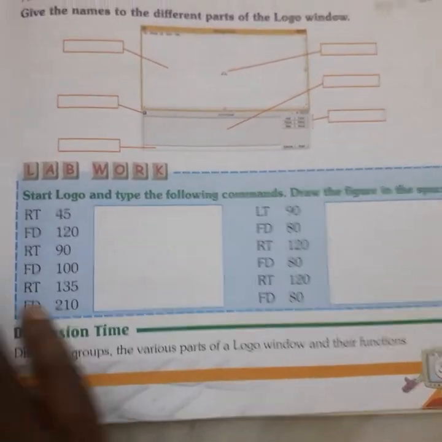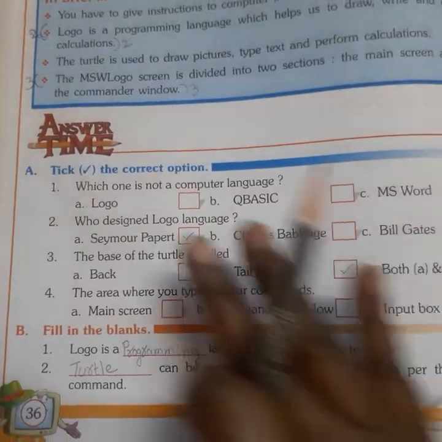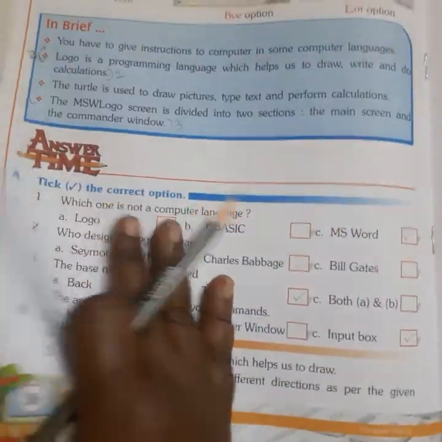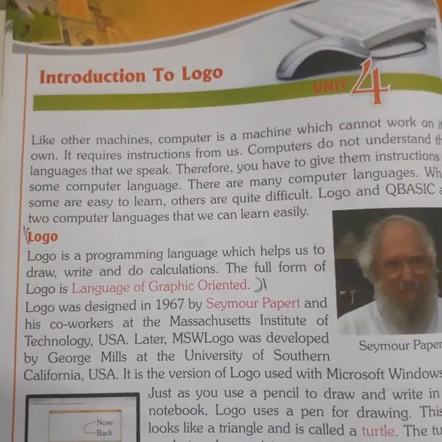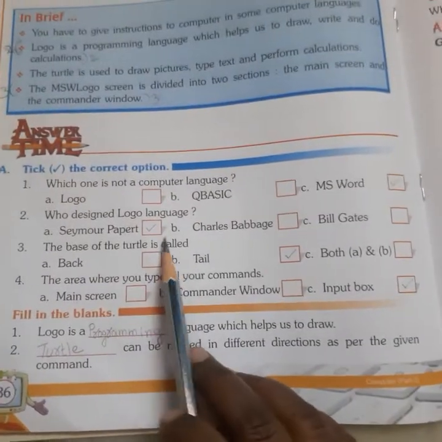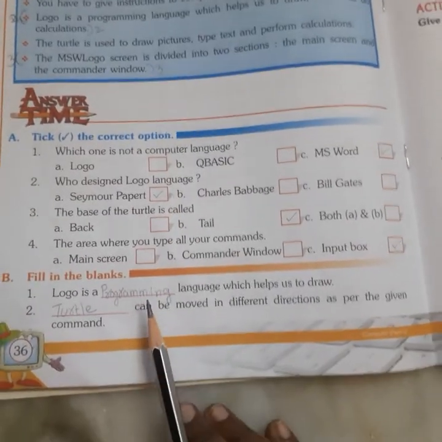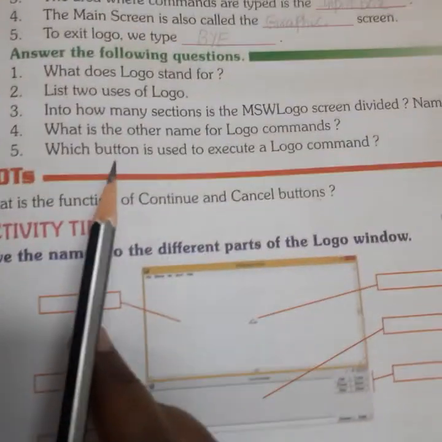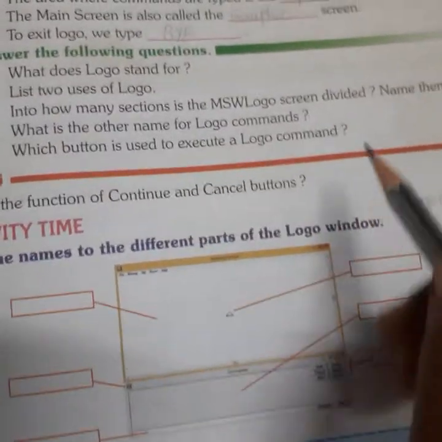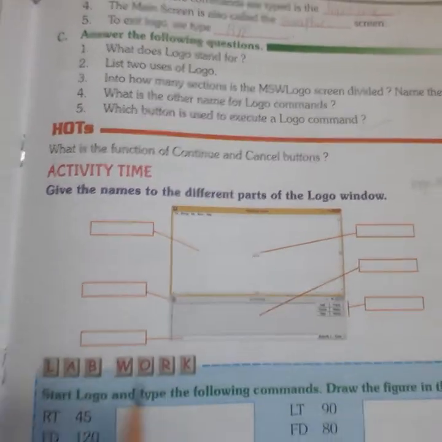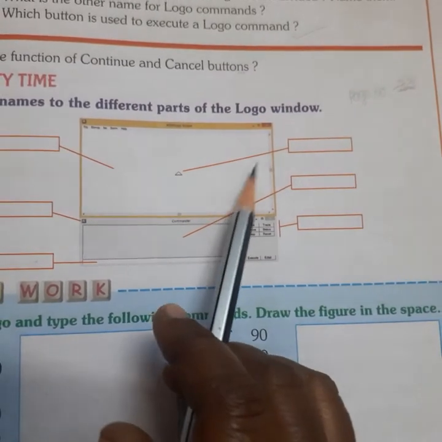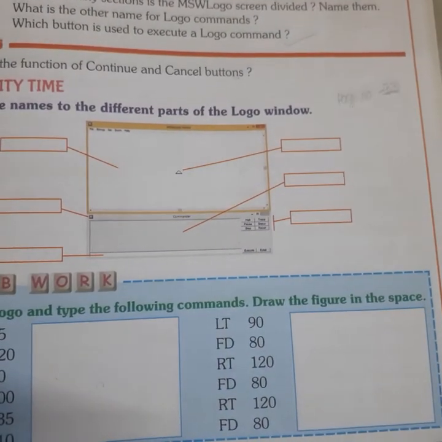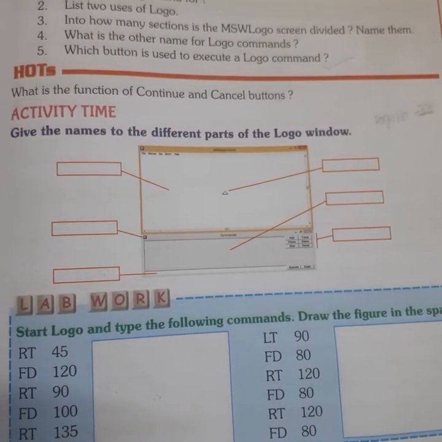Okay, so these are the notes, children. How you have to write is, first you put the heading of this lesson. What is this lesson heading? Introduction to Logo. You put this heading: 4th lesson, Introduction to Logo. After that you write tick the correct option. Next write fill in the blanks. Next write question and answers. Enough, children. Up to here you write in CW. And you complete this labeling by seeing page number 33 in the textbook only. No need to write in the textbook. That is the homework, children. Complete your notes for the next class.